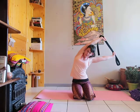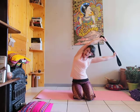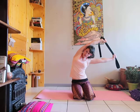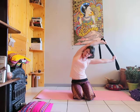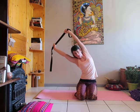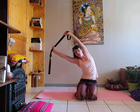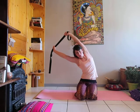Both hands go forward and you press on your right hip when you go on the left side. 2 and 1. Inhale, both arms up, and opposite direction. Go on the right side with your hands. Press your hands forward on the right side, and press your left hip down for 3. Look forward. 2